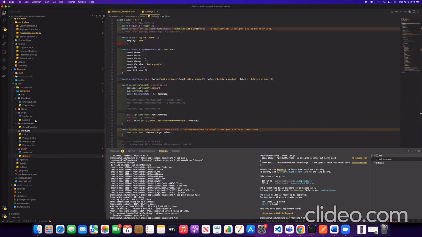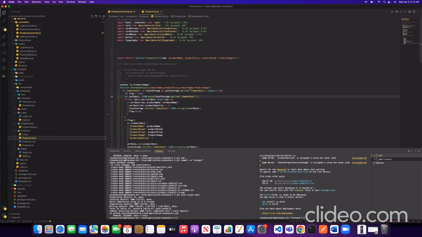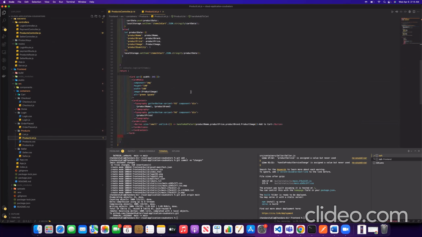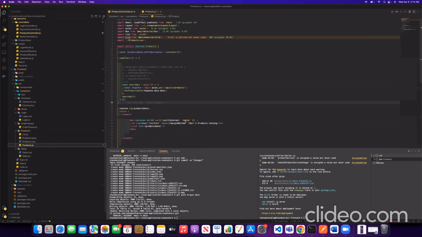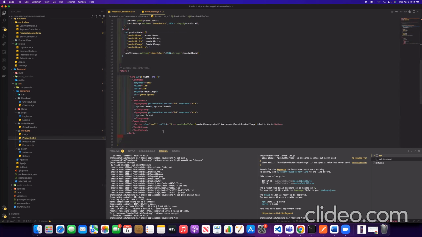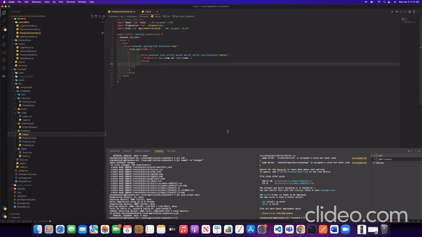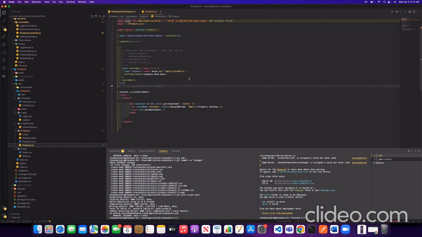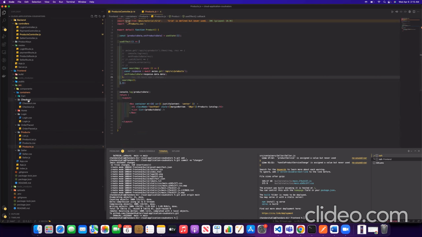Coming to the products display, we have created this page to display whichever products we create. This generates a products list, and this gets displayed on this page. This generates a card element, and this creates the array of cards, which gets displayed on the products page. All these details are coming from the API, this endpoint API v1 products, which comes from here,